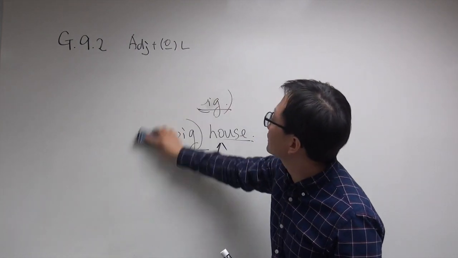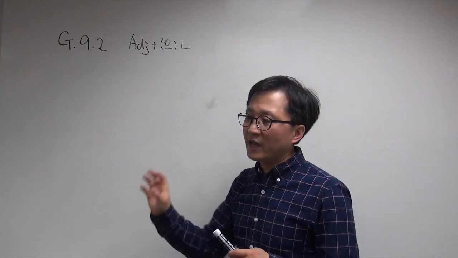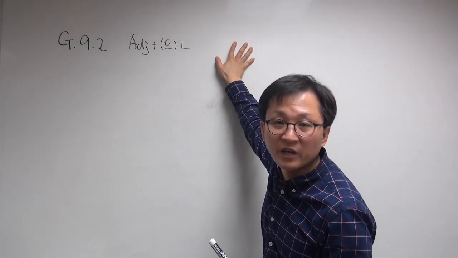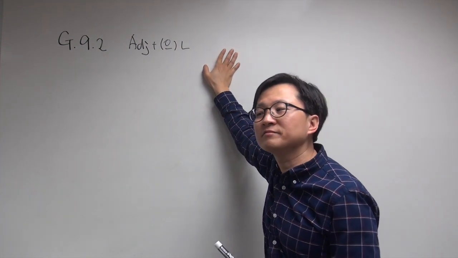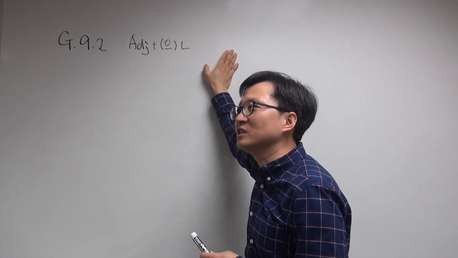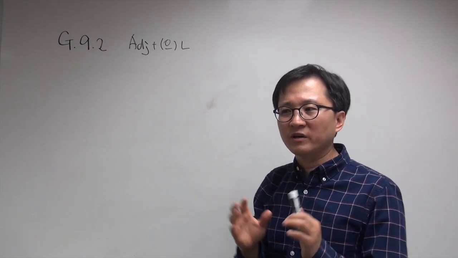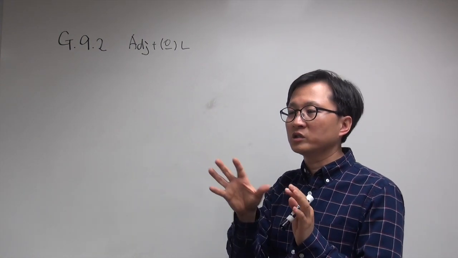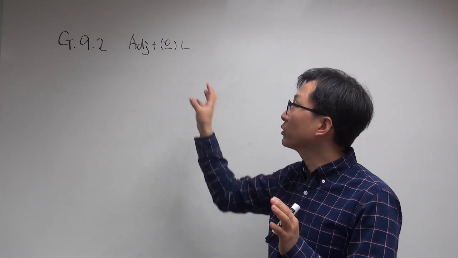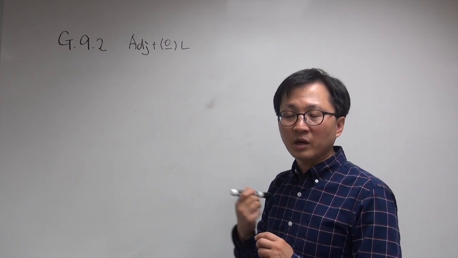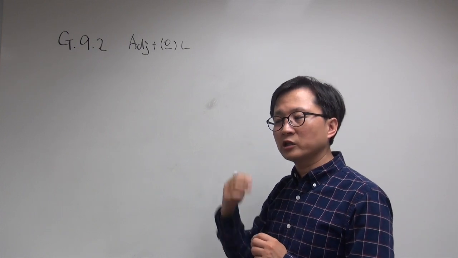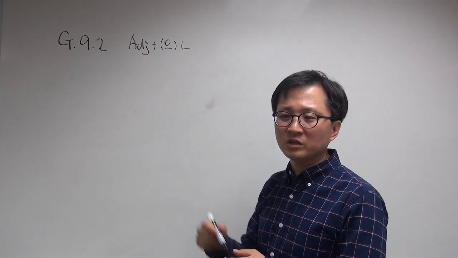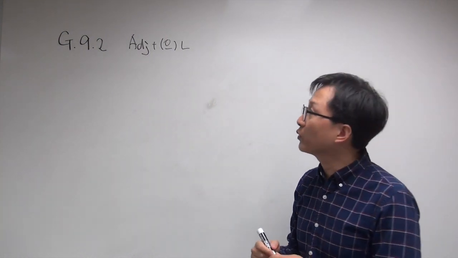The textbook explains that the adjective form to describe a noun right next to it is a noun modifying form, but this term is a little bit misleading. When we say modify, it sounds like we change the noun in a certain way, but we don't really change the noun. We just describe a noun with this adjective form. So in my opinion, it is more understandable to say noun description form or something like that. So please understand it that way.